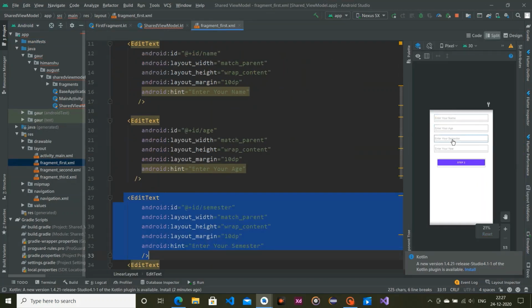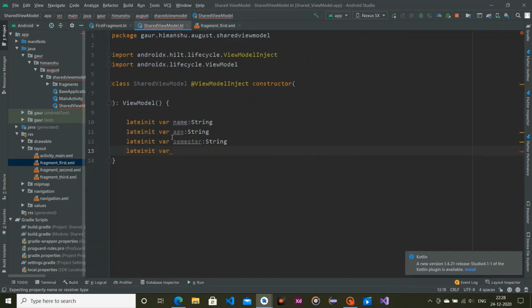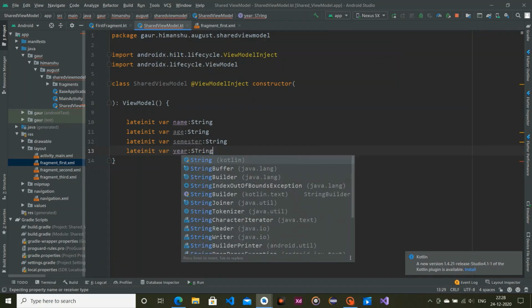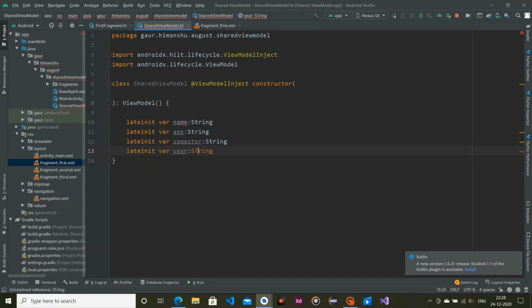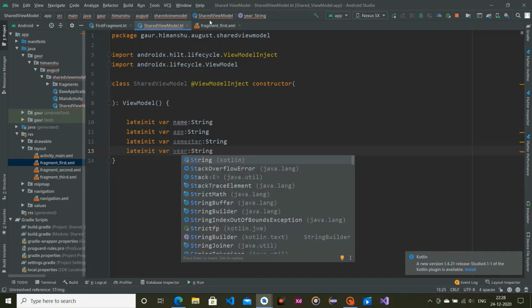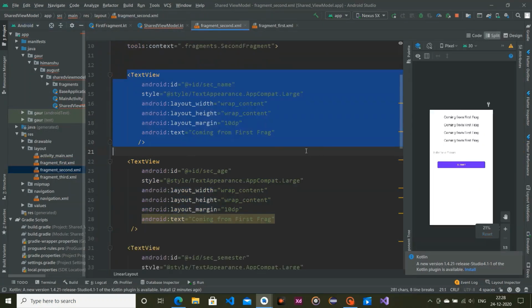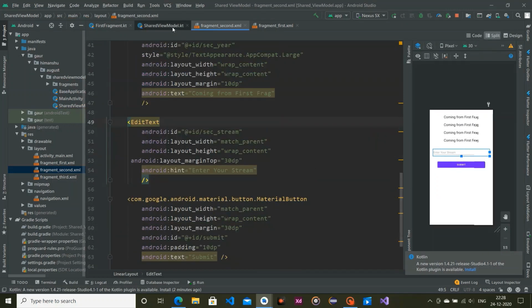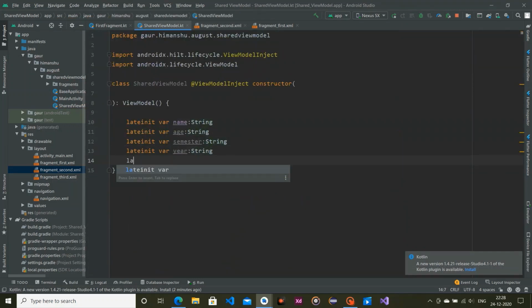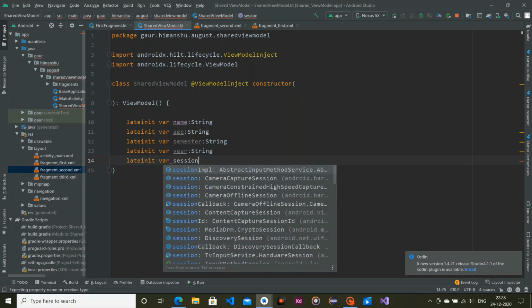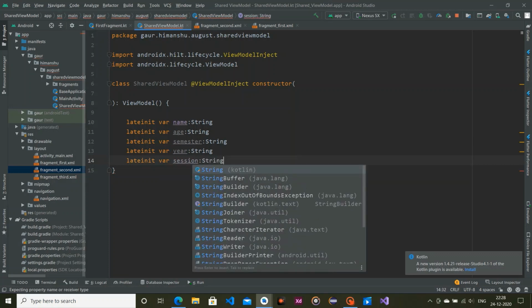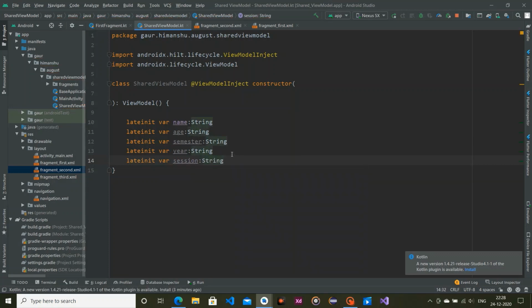So name, semester, year. So just create a year of type String. And in our second fragment your session, so basically lateinit var session, which is also of type String. And yes, these are the 5 variables in our view model.